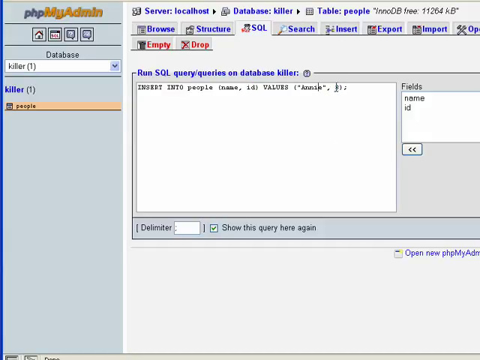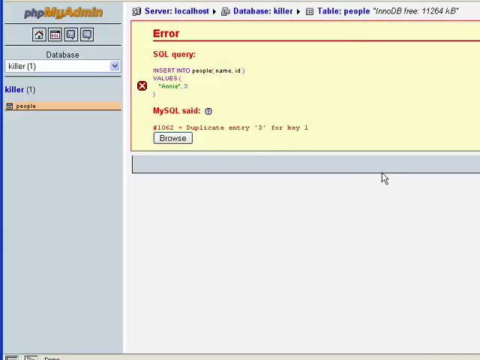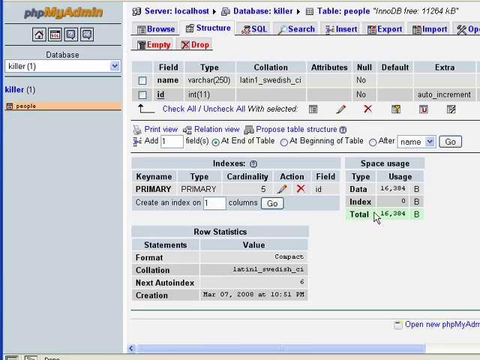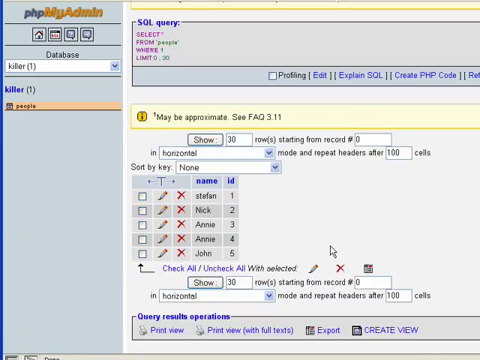This is going to give us an error because there's already a 3 in that particular column, that ID column or field, same difference. And it's going to give us an error because there's already a 3. So watch this, I'll hit go. And as you can see, duplicate entry 3 for key 1. Key 1 refers to that particular table key. They call it key 1 because you can have multiple keys inside of a table. So if I do an SQL select, you see here, right, we have 3 already, so it's not going to let us do it. So I'm going to try to enter a record now,